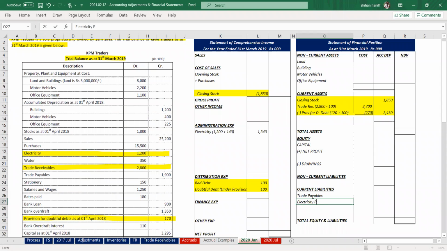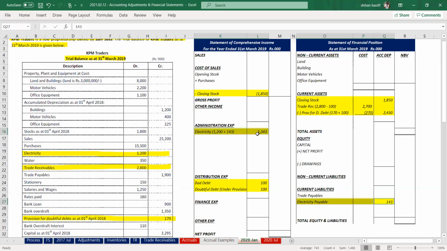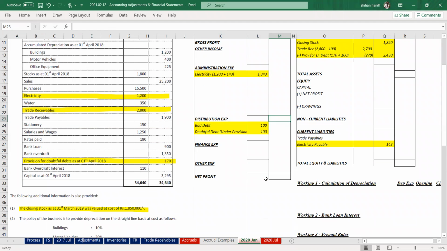Electricity payable 143. Electricity expense is 1,343 after the payable addition. Payable amount is 143. Right? So the next adjustment,